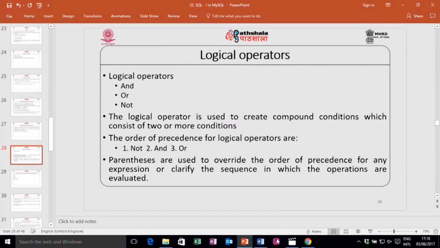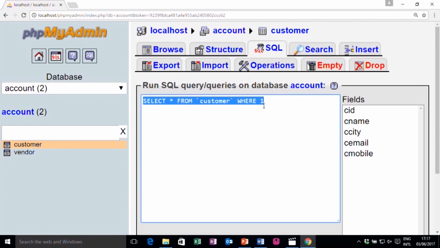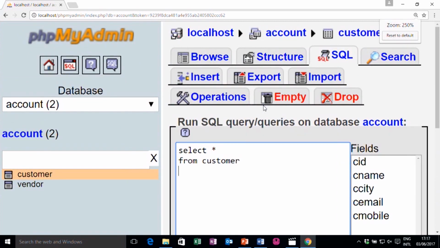Let me take a very simple example. Say, for example, if I write select star from customer, not necessarily star, but I just want to simplify the syntax, select star from customer where customer city is Ahmedabad or customer city is Surat.